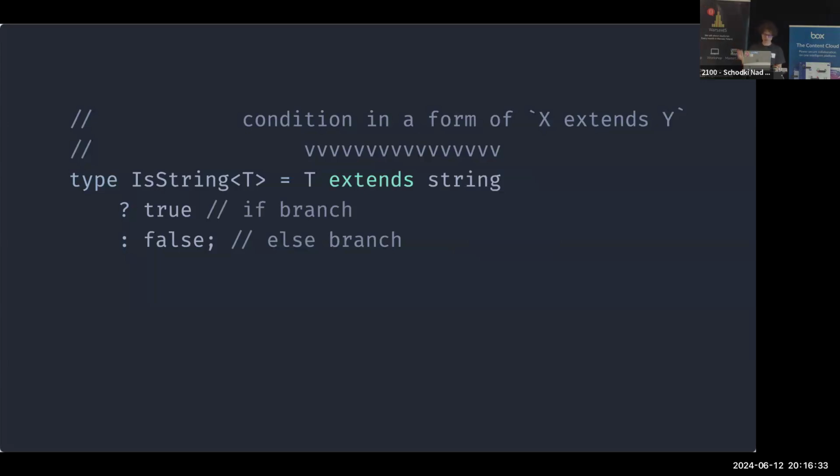So the first part is not a Boolean or something that evaluates to Boolean, but rather it's this thing in form of x extends y. And so this is a question whether x is a subtype of y, or in other words, whether a variable of type x can be assigned to a variable of type y. If that's the case, then we will evaluate the if branch, and if not, then we will evaluate the false